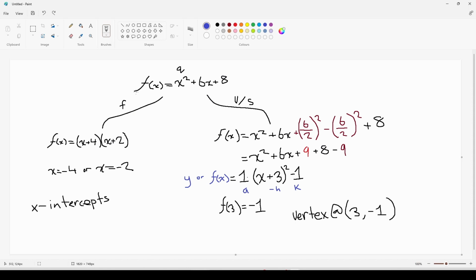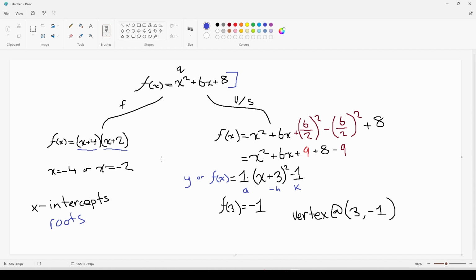First up, quadratics have a number of different forms. This is the standard quadratic form right up here, which can then be converted into our factored form that we use to find our x-intercepts or roots, which we do simply by looking at our factored form and realizing that one of these two terms has to equal 0, so we know that x is either equal to -4 or